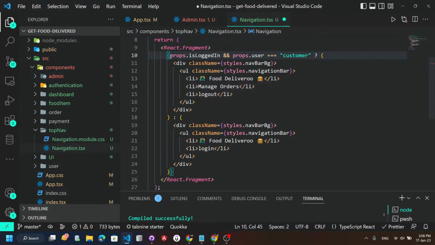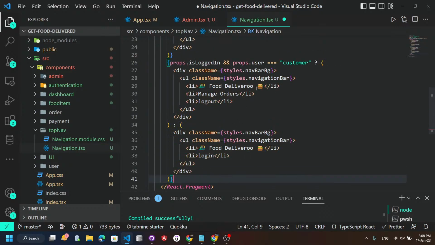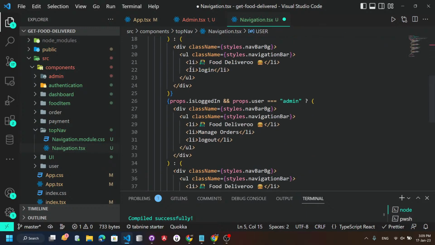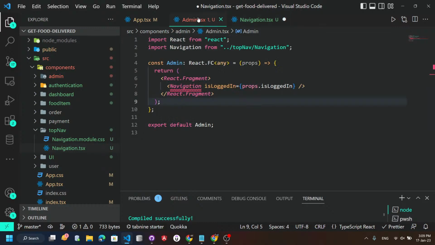ओके। तो मैं बोलता हूँ prompt.isLoggedIn is equal to ये, तो ये दिखेगा। अदरवाइज, मेरा जो टॉप नैव है वो एडमिन के लिए कैसे दिखने वाला है वो दिखाता हूँ मैं। यहाँ पे मैं लिखता हूँ admin, let me write admin like this, और अब एडमिन का मैंने एक अप्रैल लिखा है, let me just put this type as small, और यहाँ पे अब मैं एडमिन में थोड़ी सी चीजें मिसमैच कर सकता हूँ। Let's say is logged in, और वो एक एडमिन है